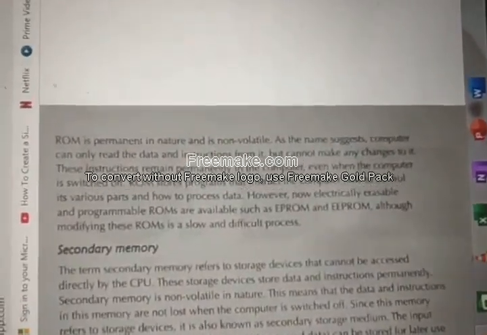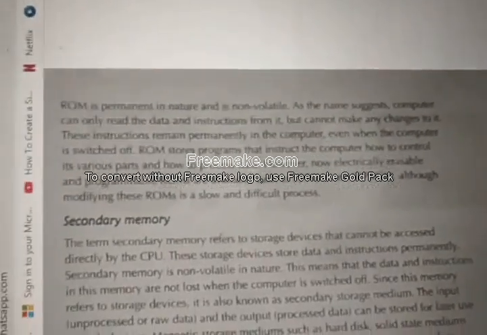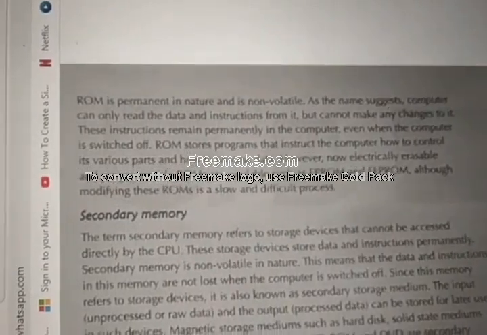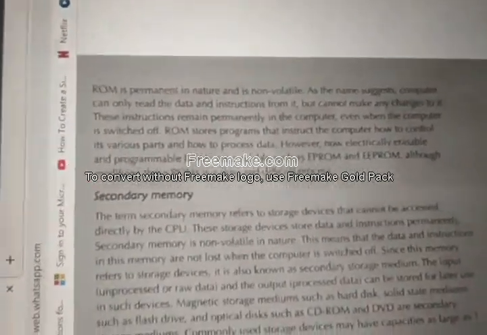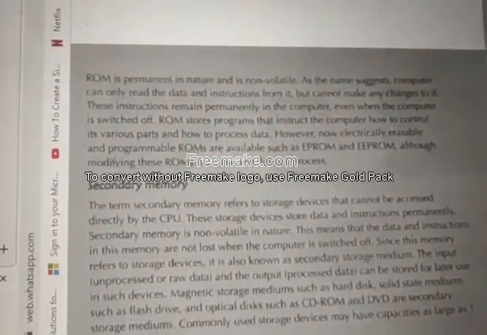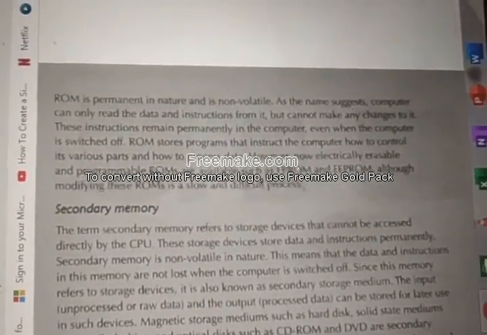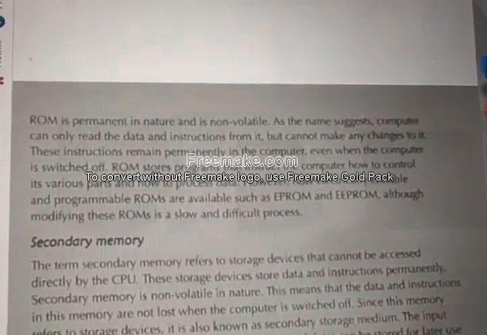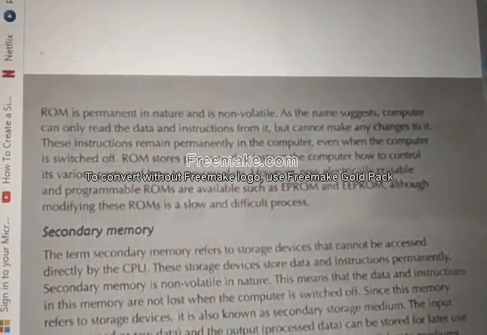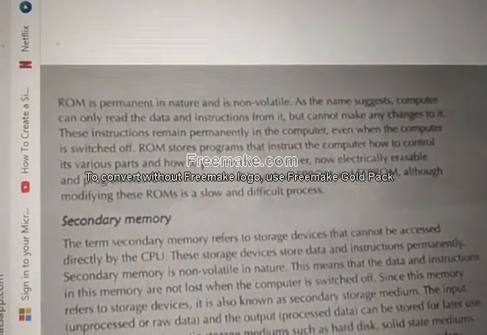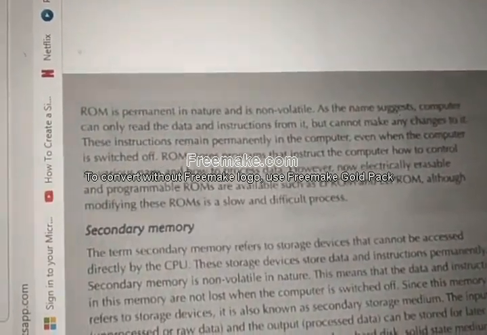ROM, as the name implies, is a read-only memory. It is a permanent memory, and it is also a read-only memory. You can read it. You cannot edit it. You can just read it. Okay. What is ROM actually used for? It is not given here, but you should know that ROM is used for booting purposes.